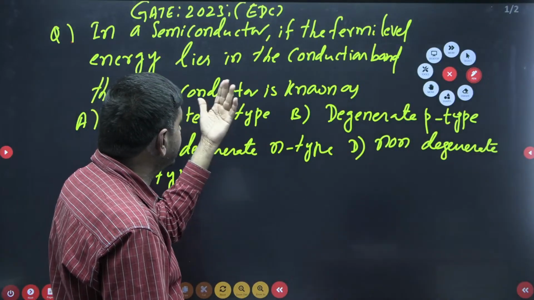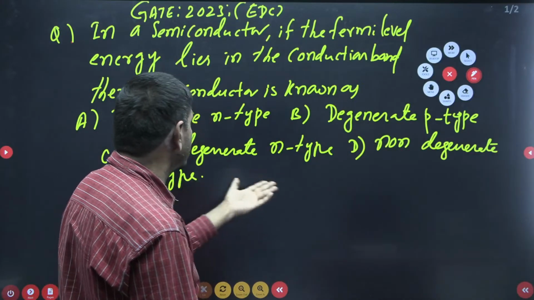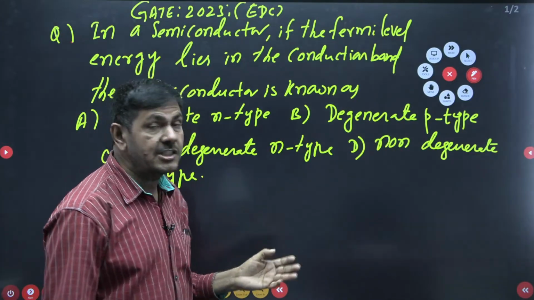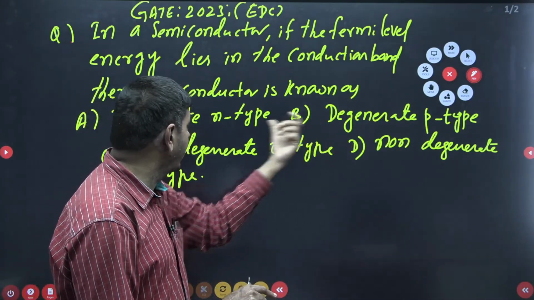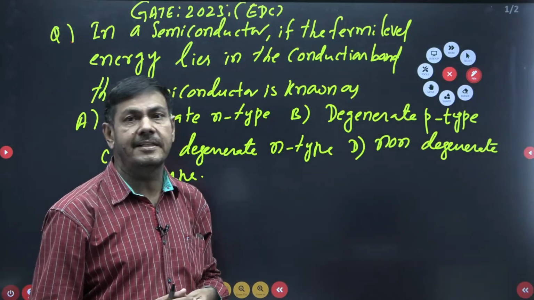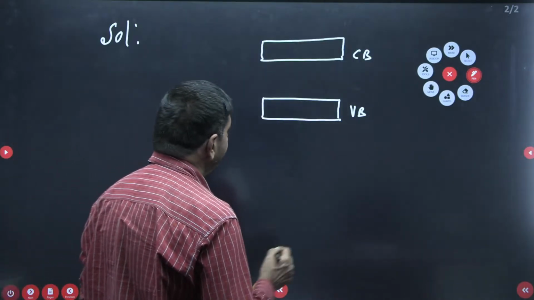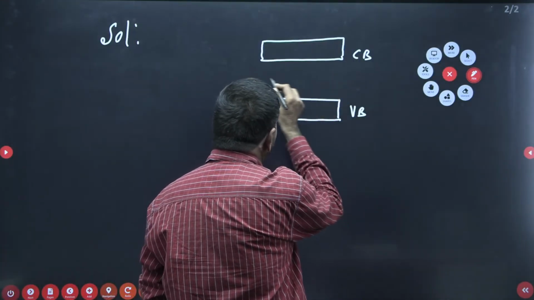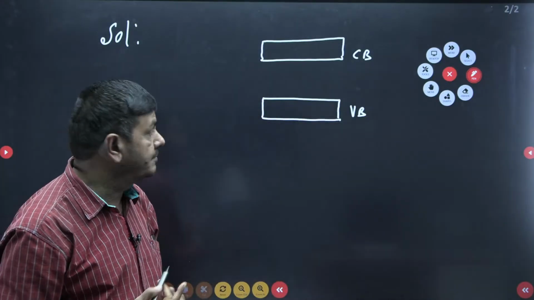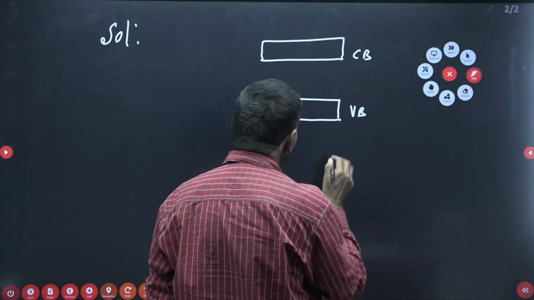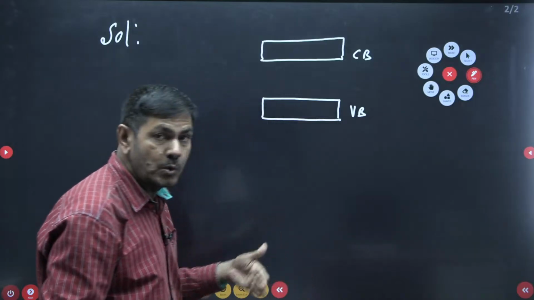Then the semiconductor is known as what? N type or P type, and degenerate or non-degenerate also given like this now. But first, what is the type of the semiconductor, we can try to identify. Then after, whether it is degenerate or non-degenerate, we can identify clearly now. So how we can identify, please watch now. If the Fermi level is approximately at the center, I said it is an intrinsic semiconductor, no doubt. If the Fermi level is lying very close to the valence band,